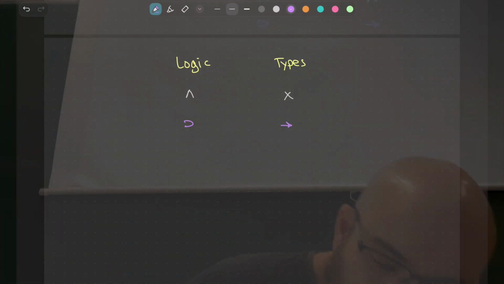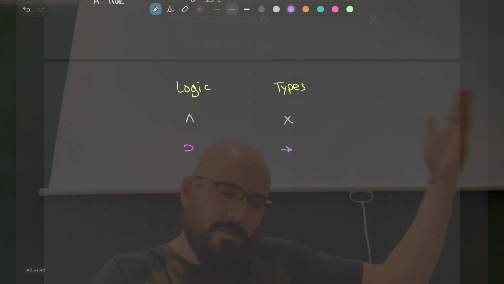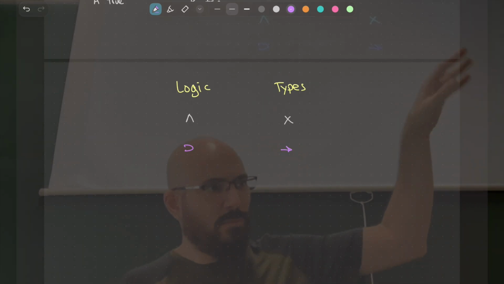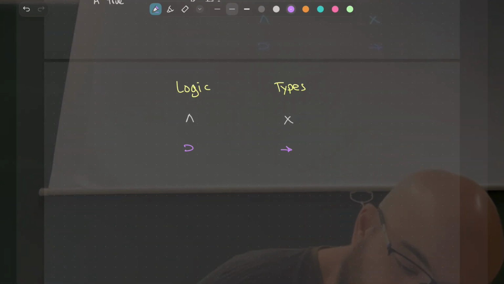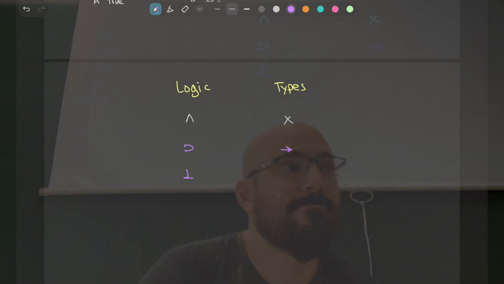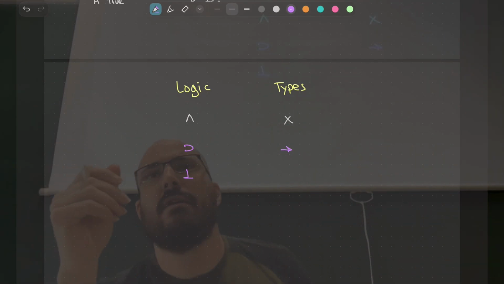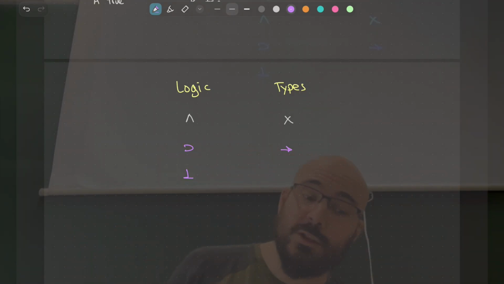Essentially, we will visualize implication, as we have done already, as something that transforms proofs of this thing into proofs of the other thing. And okay, what else could I write here? The bottom. I have a bottom in the logic, I mean the falsum. You might prefer negation, but we have defined negation in terms of the bottom. So the question is, what do I have in types as a bottom type?